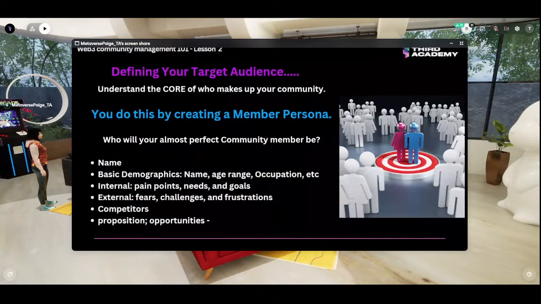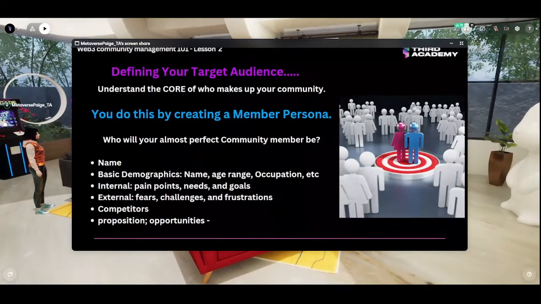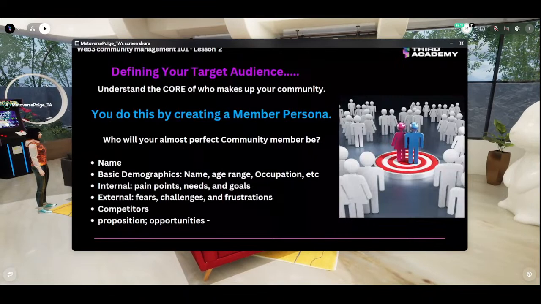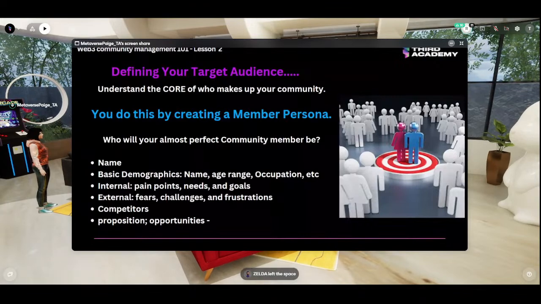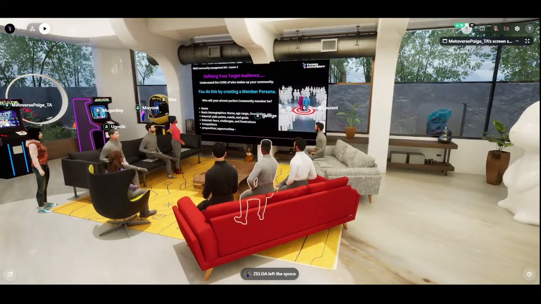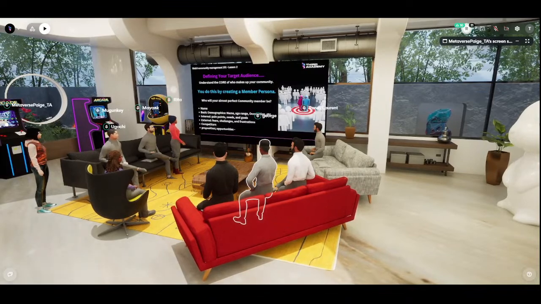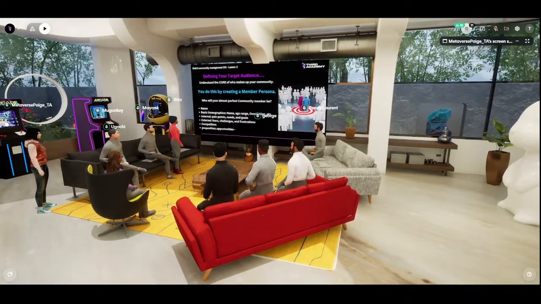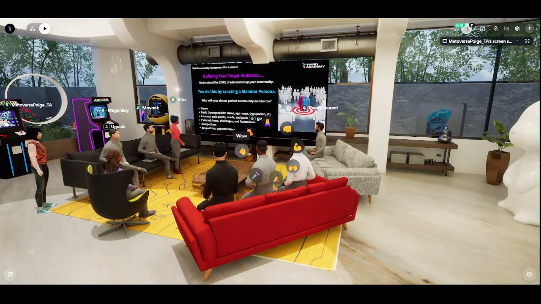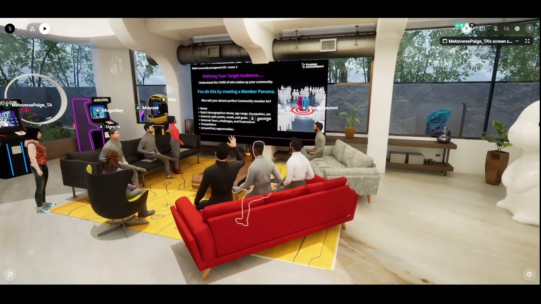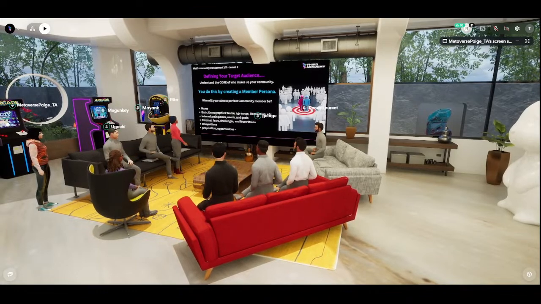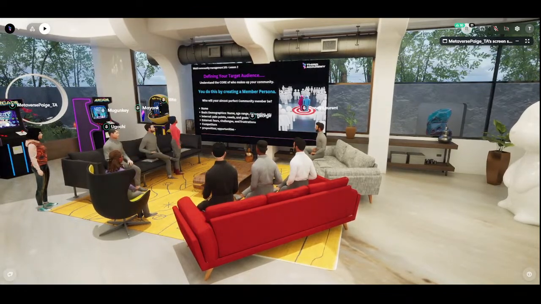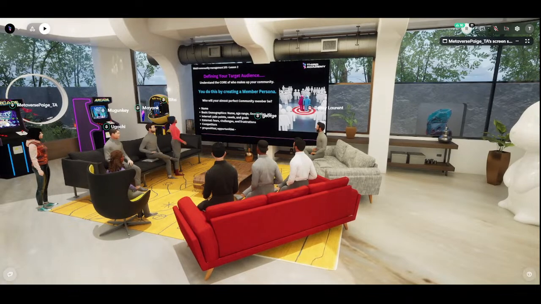To get their internal needs, you need to understand that it directly solves the internal pain points that they have. So, for instance, lack of knowledge, right? They need a comprehensive and easy to understand education on Web3. Feeling overwhelmed, they need a community of like-minded people to learn from and network with. And not sure where to start their Web3 careers, they need guidance and mentorship from experienced Web3 professionals. Do you see how I have identified my members' needs from the pain points that they have?